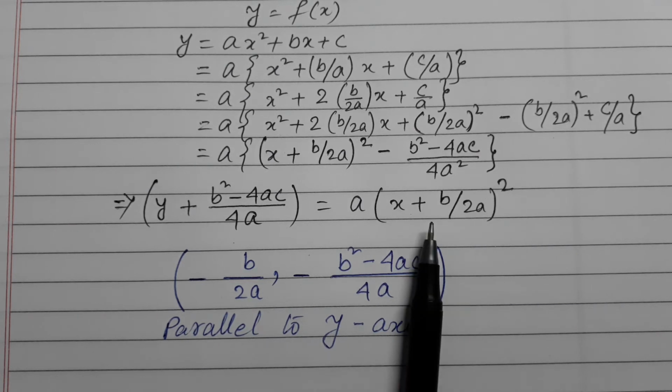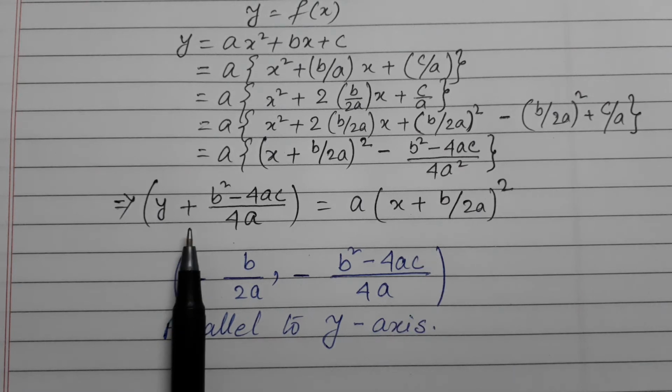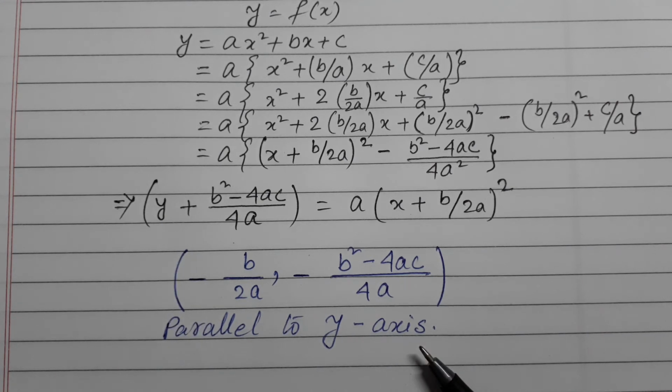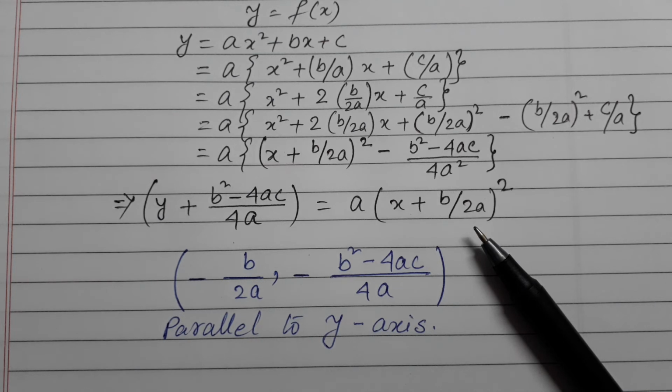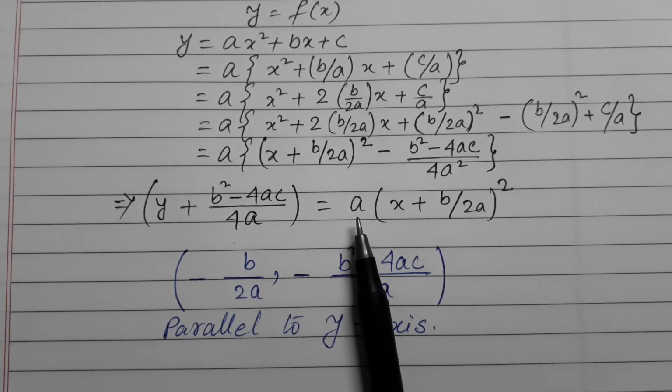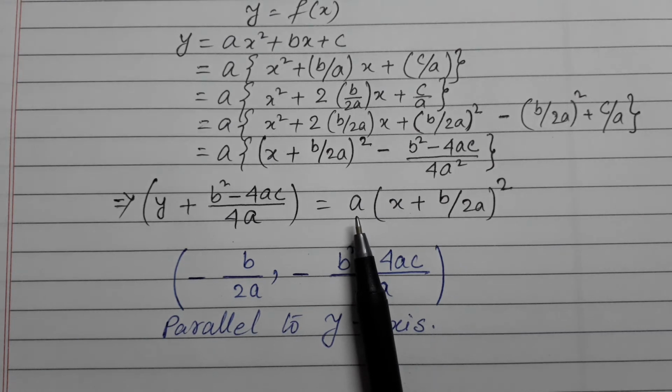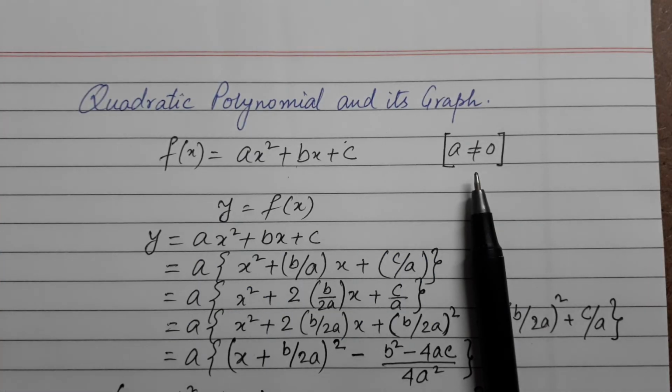Here the power 2 is on the variable x and the power of the variable y is 1. So therefore the axis of the parabola will be parallel to the y axis. So this kind of parabola will be either an upward parabola or a downward parabola, depending on the value of a. If the value of a is positive, it will be an upward parabola. If it is negative, it will be a downward parabola. But don't ask what happens if a equals 0, because a is already not equal to 0.